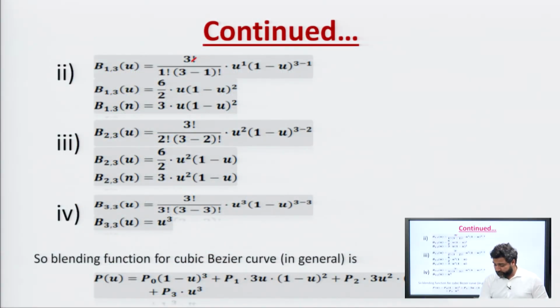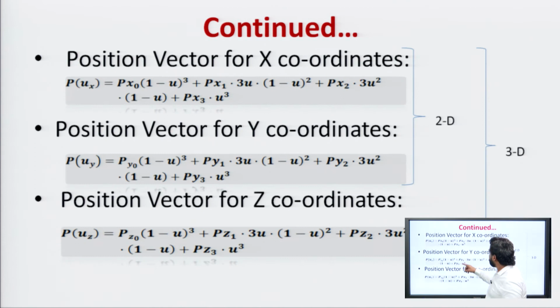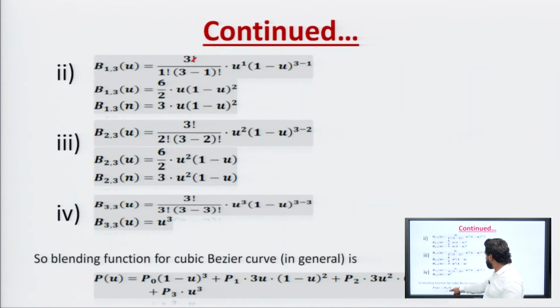is a point, as we saw in the figure. Here p naught is a point, p1 is a point, p2 is a point. Suppose it is in 2D, so it will have x naught and y naught, x1 and y1, x2 and y2, x3 and y3 points. So, further, we will be substituting the values of p naught. First we will be calculating the position vector for the x coordinate, then we will be calculating the position vector for the y coordinate. So, let us see